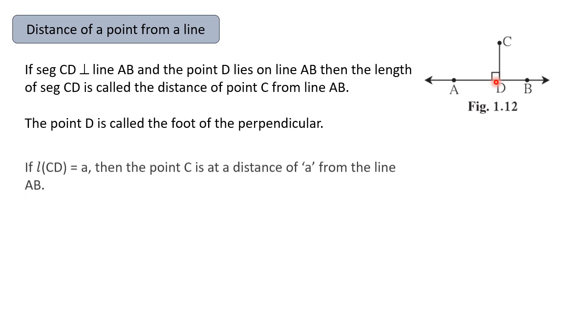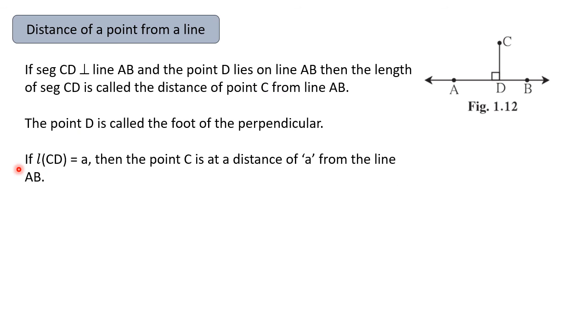So I hope you all have understood these concepts. If you have length CD as A, A can be anything. If you measure this line, it can be 5 centimeter. It can be 6 centimeter. It can be 2 centimeter. Then we can say that point C is at distance A. If A is 3 centimeter, then it is at distance 3 from line AB. So this is how we can find the distance of any point from any line. Okay. I hope you have